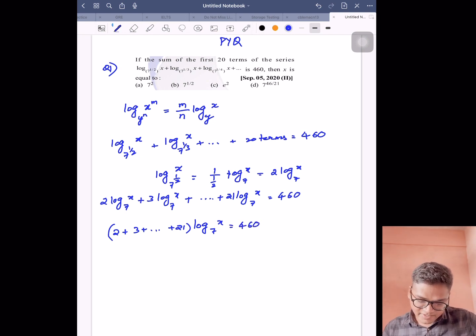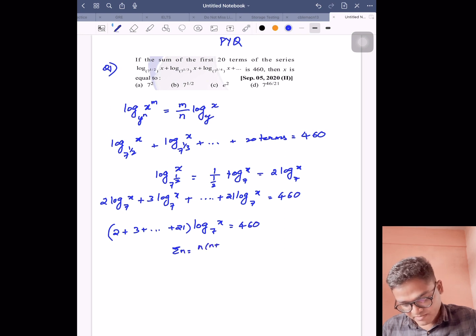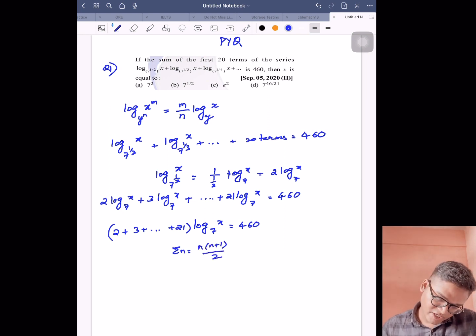So I think this is an AP, right? Which has common difference 1, but it's not starting with 1. You can apply the sum of natural numbers, or you can directly do it. See, 20 terms, if I add 1 and subtract 1, it will become 1 to 21 addition. What is the 1 to 21 addition? You know the sigma n formula, right? n into n plus 1 divided by 2. So for 21 terms, if you take it,